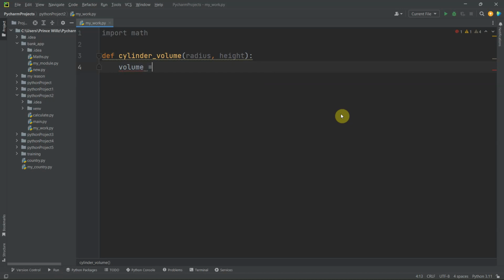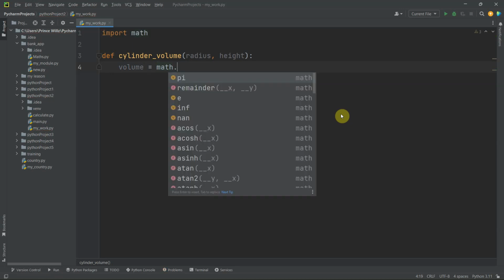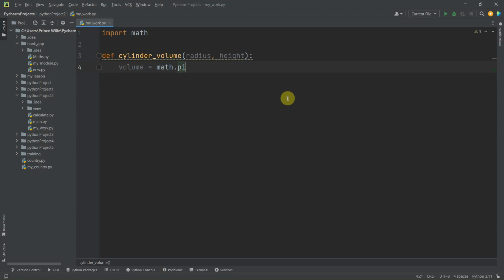Volume is equal to, now in Python, the pi for math is math.pi. So volume is equal to math.pi times radius raised to power 2